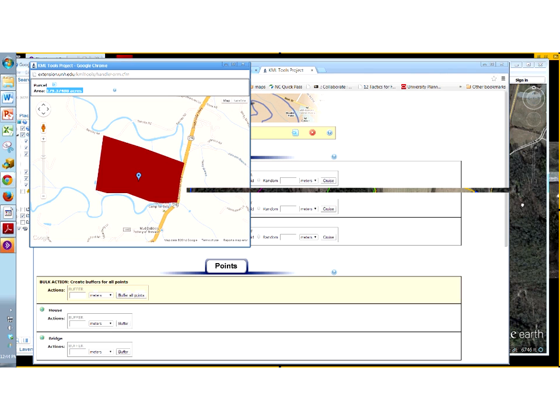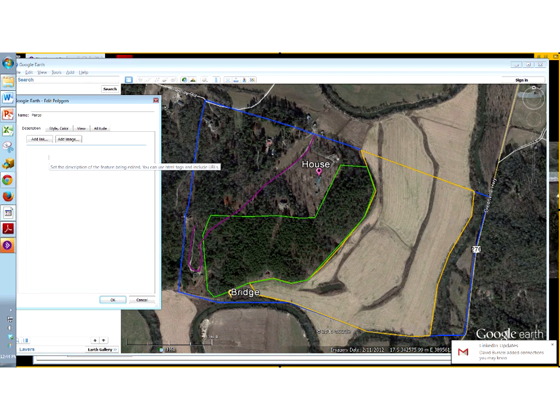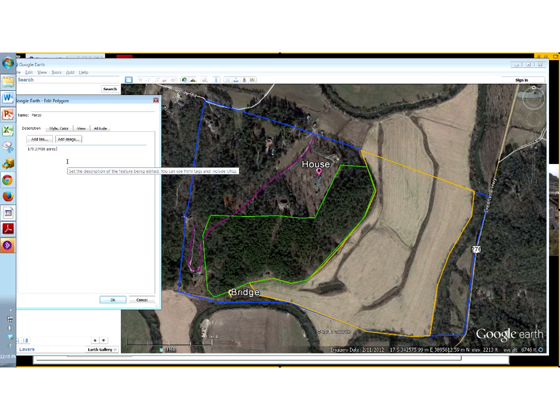Okay, so I could either take this number, copy it, go back into Google Earth, go under parcel, wait for that to load up. We're waiting for it to come around here. Here it comes. Okay, so I right mouse click on parcel and go to properties and then just paste it in there. So there's the acreage, okay? And I could type that in. Or the other option